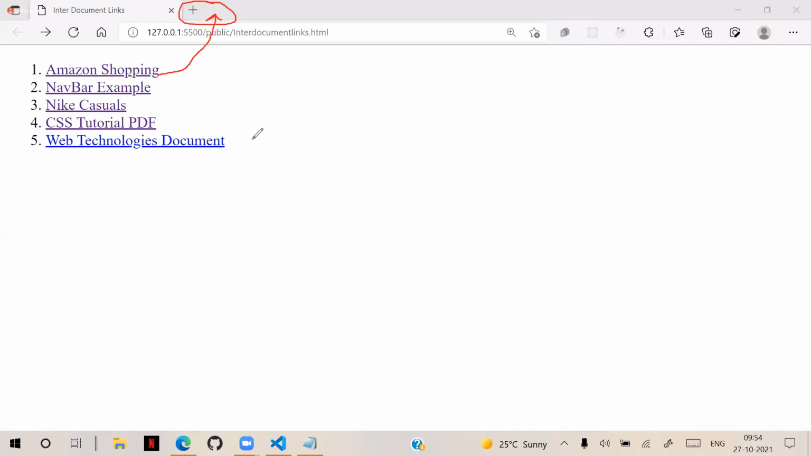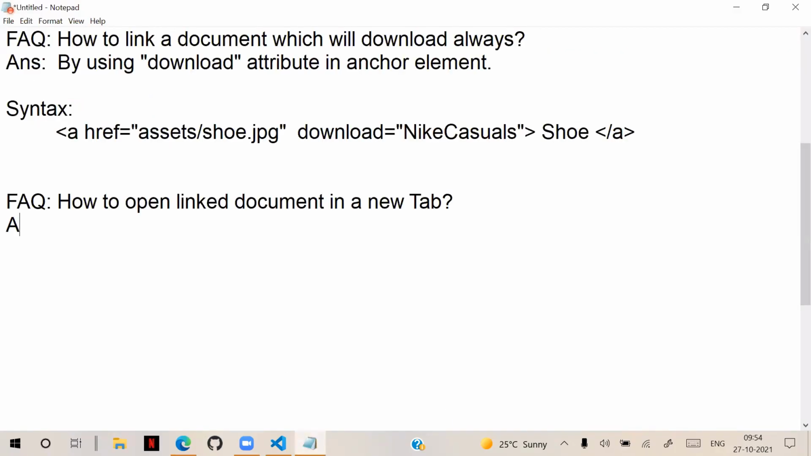Browsers have tab-based browsing these days. Now you want to open this in a separate tab instead of opening in the same location, because we don't want to disturb the existing things. Keep it and open others in separate tabs. So by default, every link opens in the same window. If you want to open the link in a separate tab, then we have to use